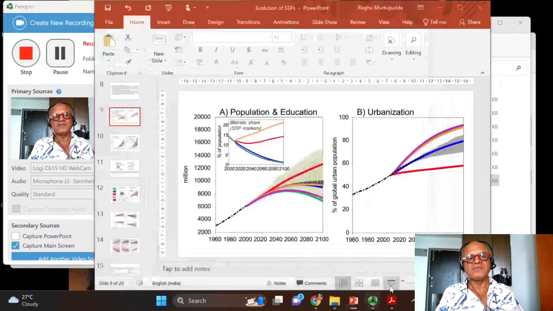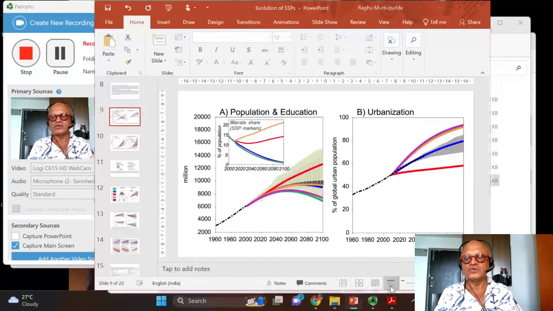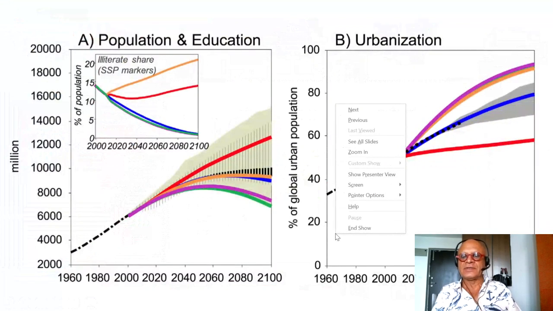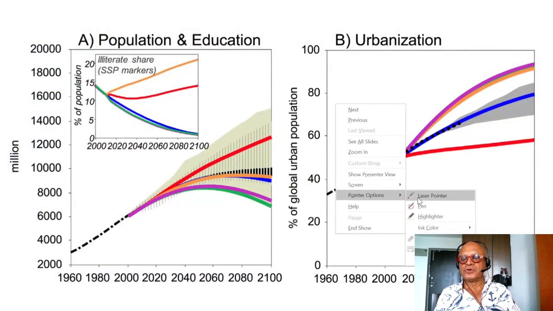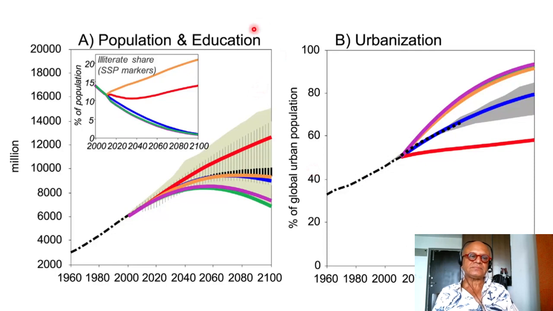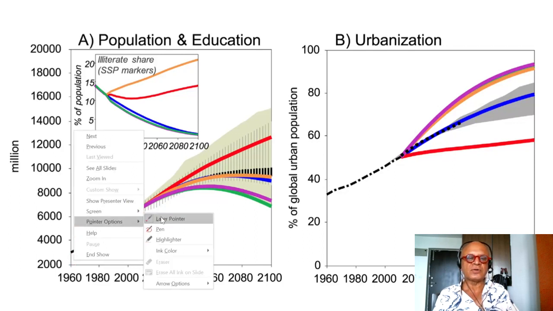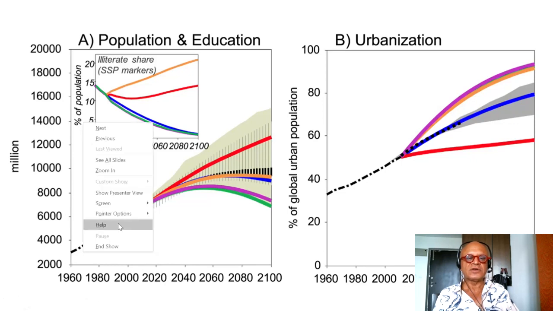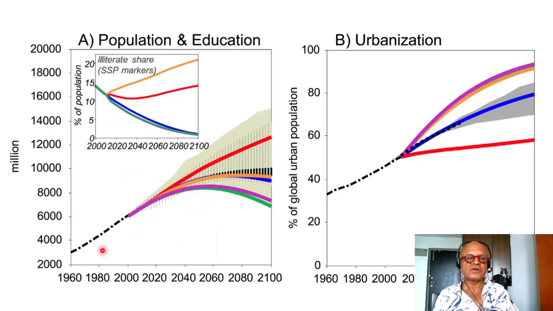So let's re-emphasize some of the points of what are used as drivers for these integrated assessment models to produce the SSPs. The population projection is always interesting and problematic. So here we have projections or history from 1960 onwards, and then projections done at that time. So you have various pathways in which the population itself will grow and education.